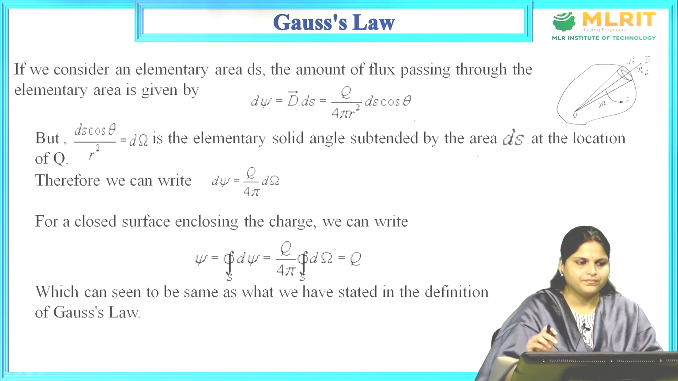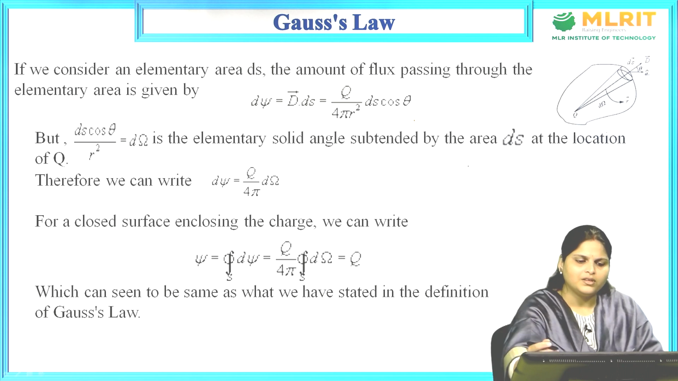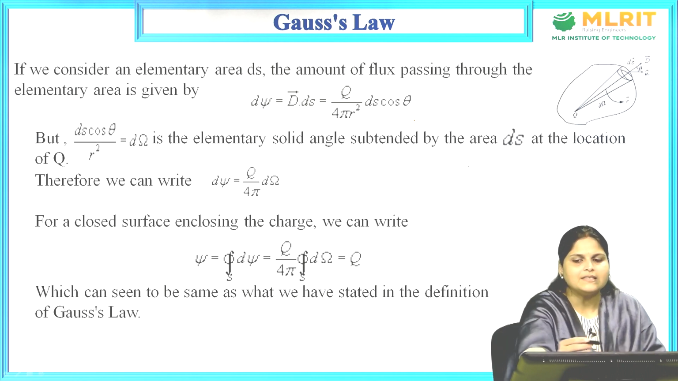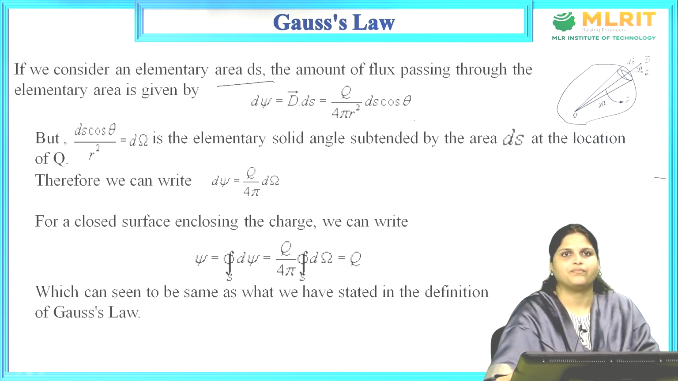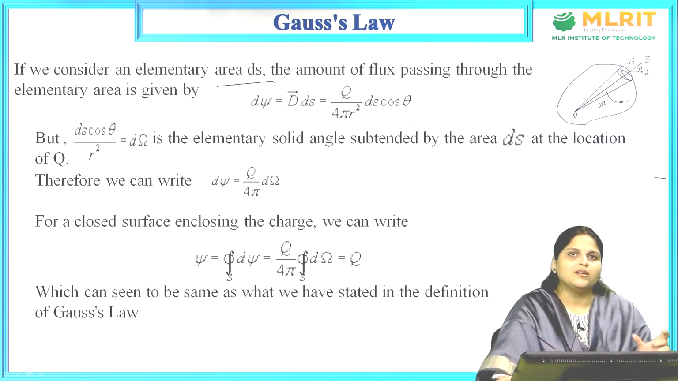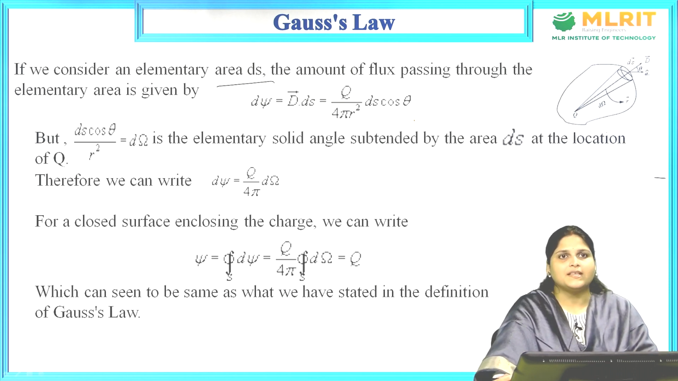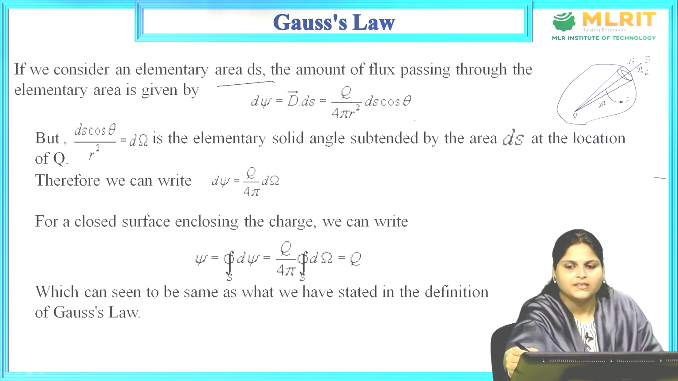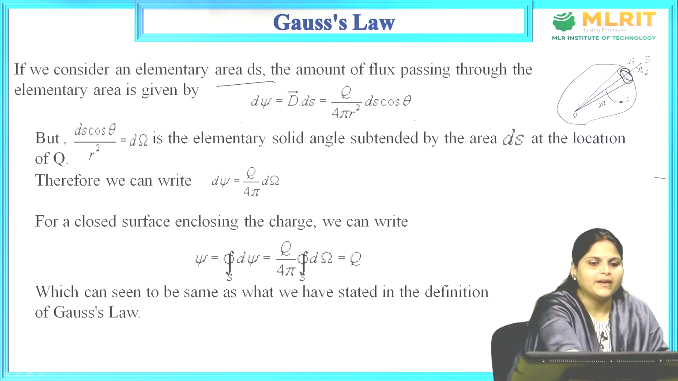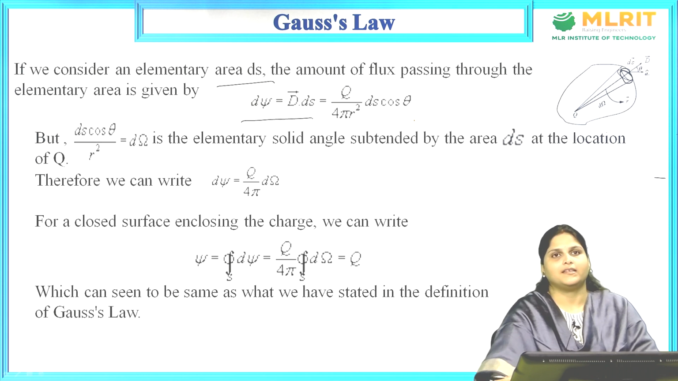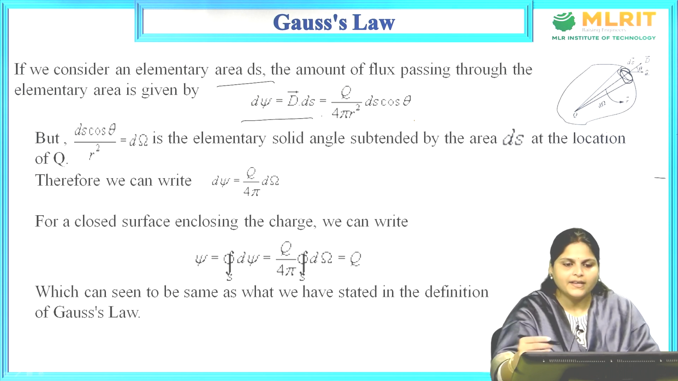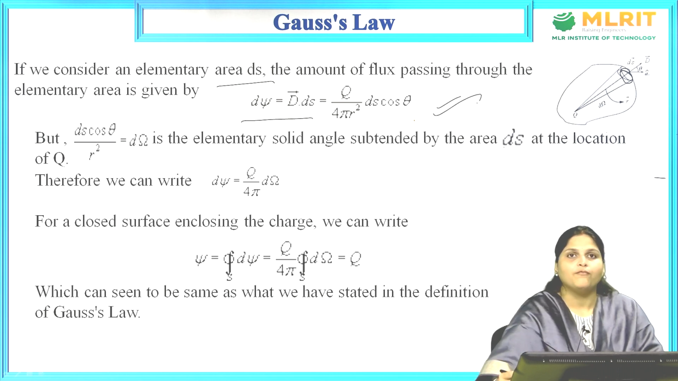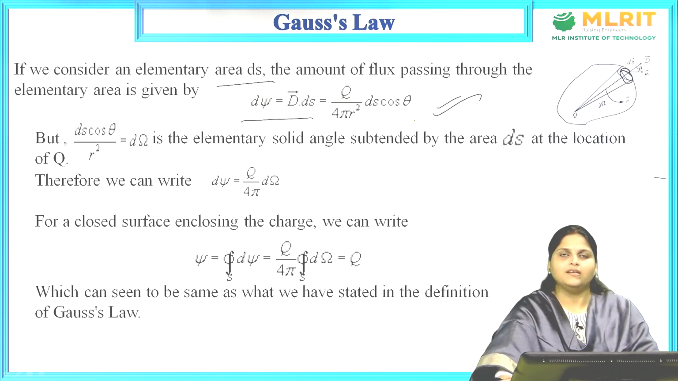Next, to understand it better, we will consider one elementary area dS. The amount of flux which is passing through this elementary area dS is given by d psi, which equals vector D dot dS, and is given by Q upon 4 pi r square dS